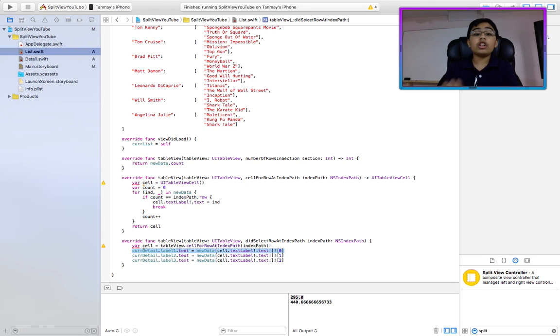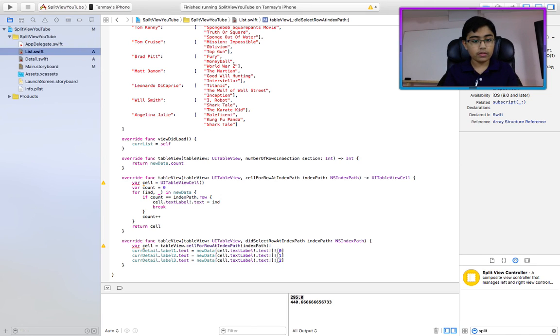Then we set curDetail's label1's text to newData, specifically the actor that was clicked by doing cell.textLabel.text, so that's the actor that was clicked from the newData. We're force unwrapping that, and we're getting the 0th value,